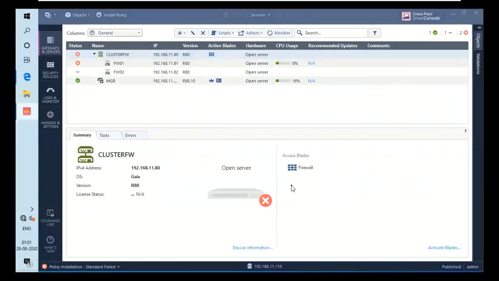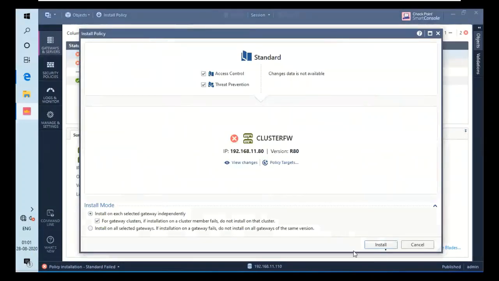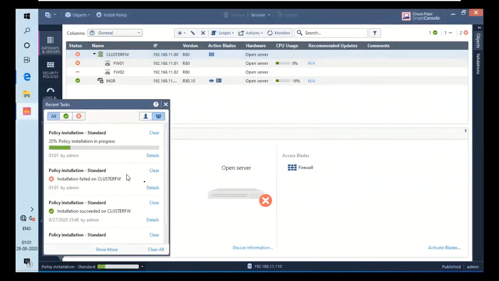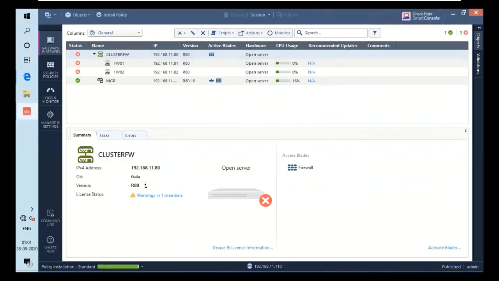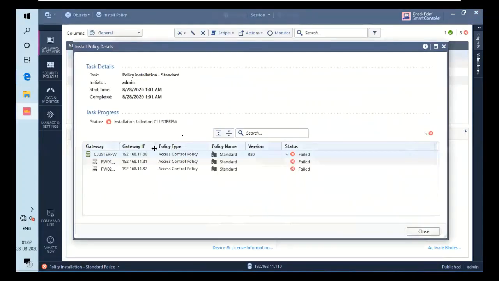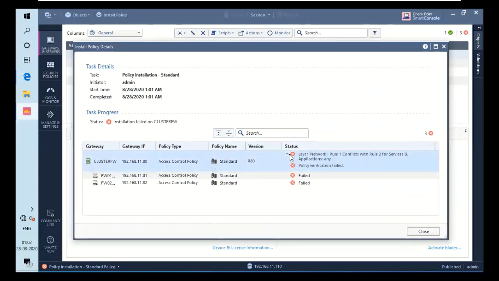If it fails again, we will try to troubleshoot it by clicking on details basically. So again it failed, so let's go for details. What's the reason for failing? Conflicts with rule 2.